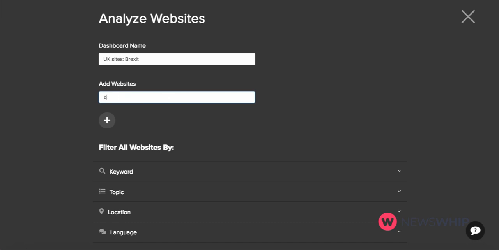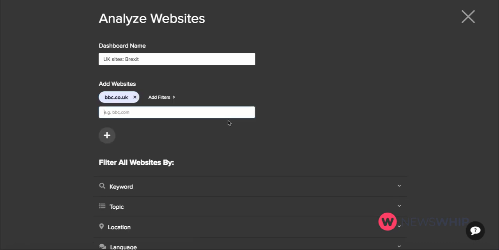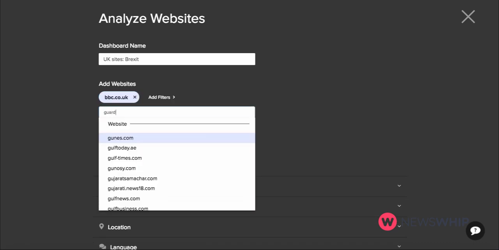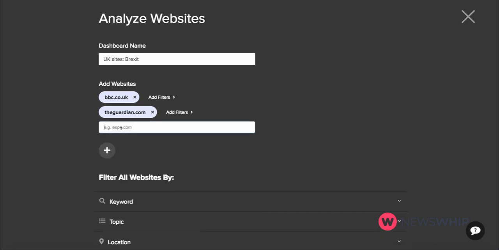Now, if NewsWhip is tracking a website, it will appear in the drop-down menu. If not, you can contact our team here in the corner with the question mark and ask that it be added to our database. So we're going to select BBC. Let's also say The Guardian, Independent,